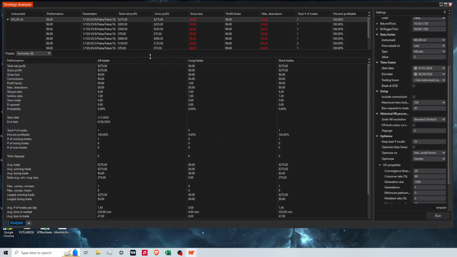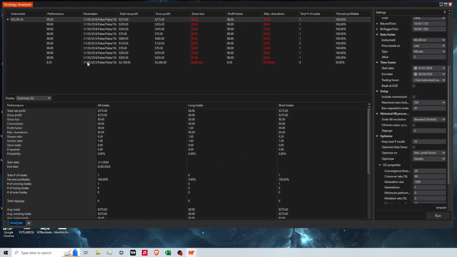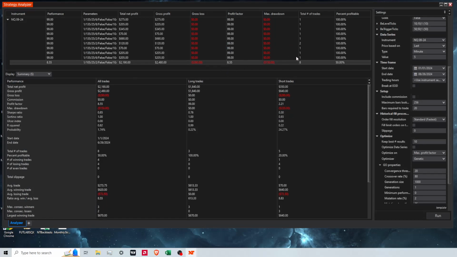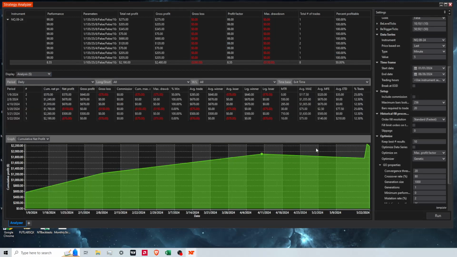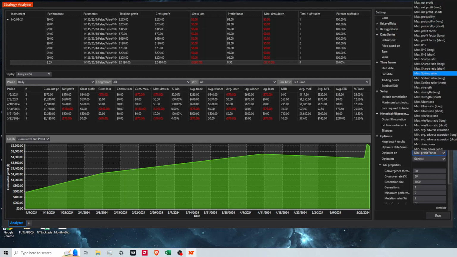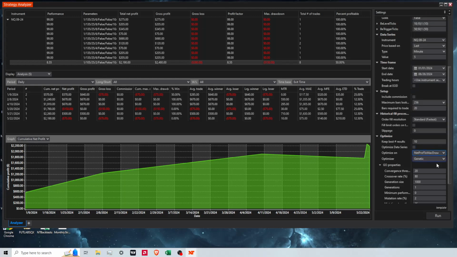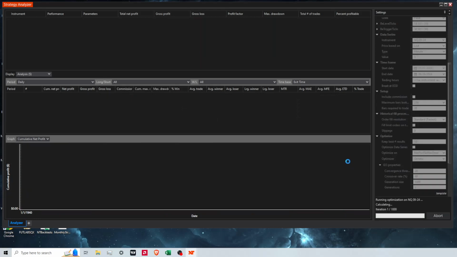And so here we go. Okay, so here's one of the issues with using profit factor. We only took one trade in that whole time and it was profitable, so obviously that's going to be the best results. But here we have one that took 8 trades. Looks like 7 wins and 1 loss. So none of these I would like, but we can run this one more time,